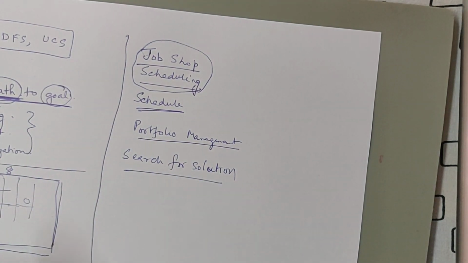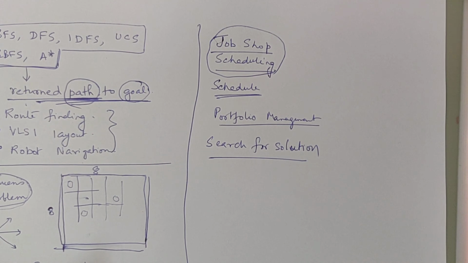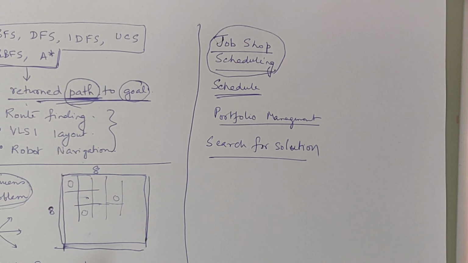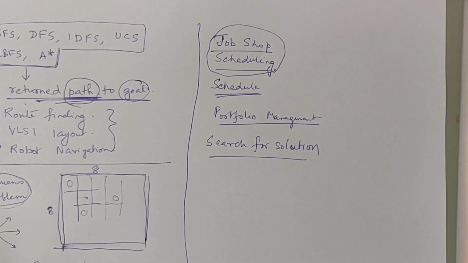Search for solution. You must have heard of the Hubble Space Telescope, which is there in outer space. The Hubble Space Telescope is a scientific resource that is used by multiple countries for their experiments. Sometimes Indian scientists want to use it for some days, Canadian scientists, Australian scientists, American scientists, French scientists. Everybody wants some share of the Hubble Space Telescope's time to do some experiments of their own.